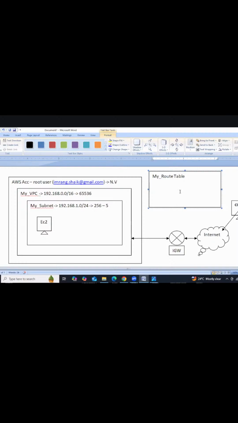We need to add the IGW entries and associate it with the subnet. So what is the subnet CIDR here? So my subnet association. And then one more entry, you need to add the IGW.